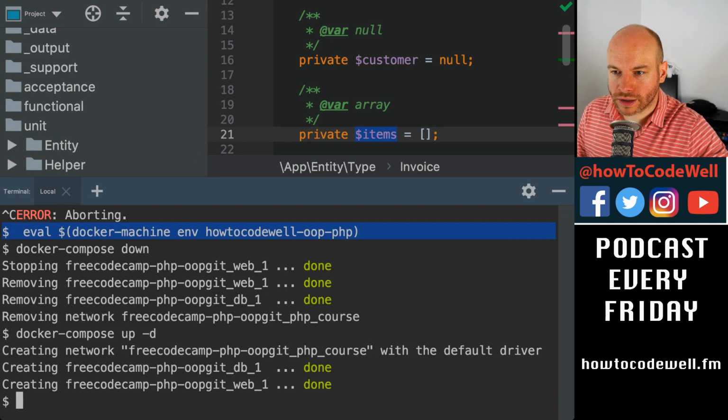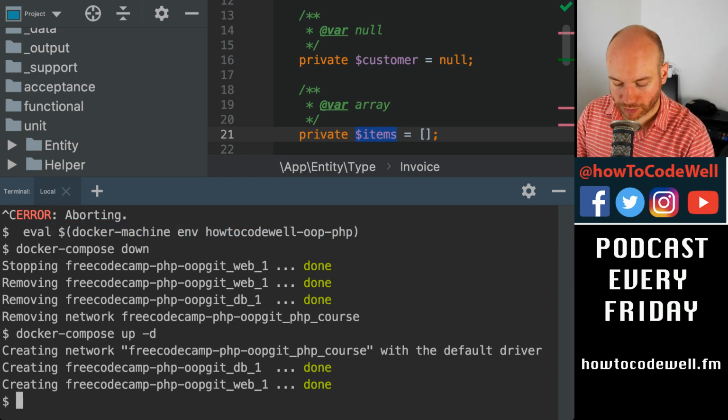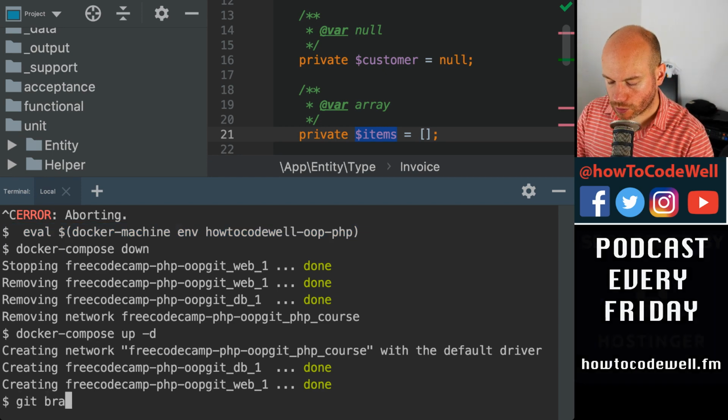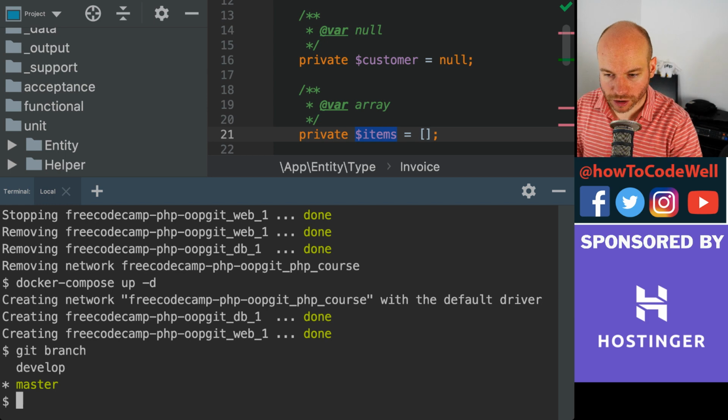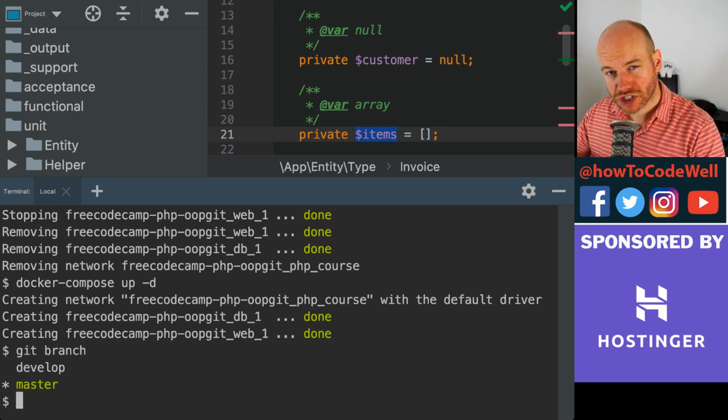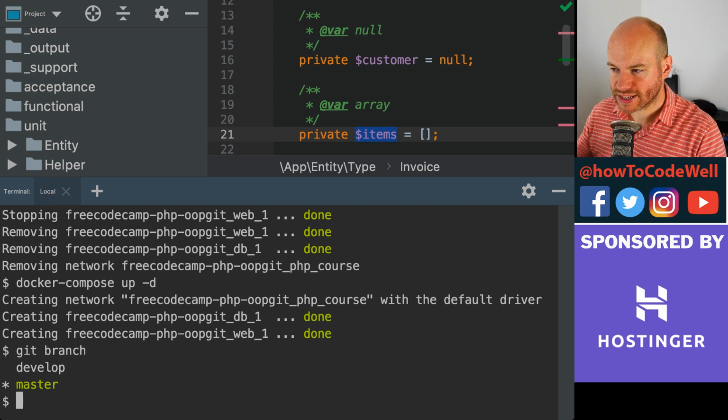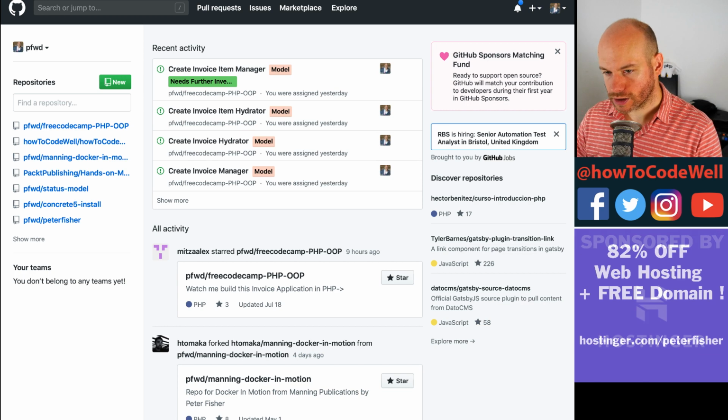First of all, what I need to do, of course, is set up my branch. So we're just going to do git branch. Where am I? What's going on? I'm on the master branch. Okay, I did push up those changes that I did yesterday last night, so they are now in the Git master branch. If we go over to the browser, which I hope I've set up, yes I have,